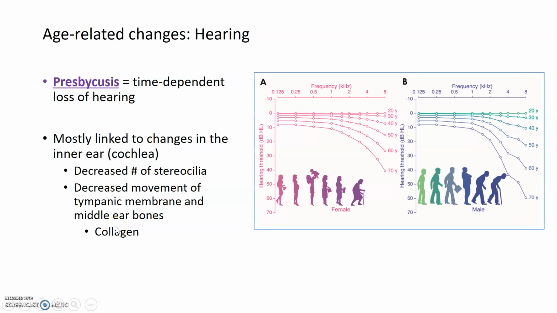And we've talked about collagen before in relation to skin and some other tissues. Collagen is a connective tissue. It provides some structure, but also some flexibility. And you can imagine that that's something you need in the eardrum or the tympanic membrane. It needs to be stable, but it needs to be able to move back and forth or vibrate. And it needs to be able to bounce back in order to do that effectively. Because if a sound wave pushes it one way, it needs the ability to bounce back to normal to hear